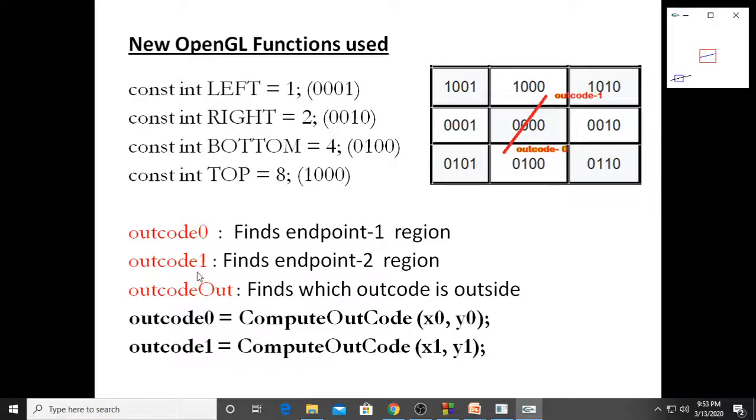Now after defining these variables, we'll call the compute outcode function. This outcode is on which side? So I'll take the first endpoint and second endpoint. Now we'll see the compute outcode. Now can you please tell me the result of outcode 0 and outcode 1 by seeing this? Yes, outcode 0 is on the bottom side, outcode 1 is on the top side. So if it is bottom, automatically this variable will be assigned to your outcode out. For top, this binary will be assigned to your outcode out. Now we'll see how it performs.